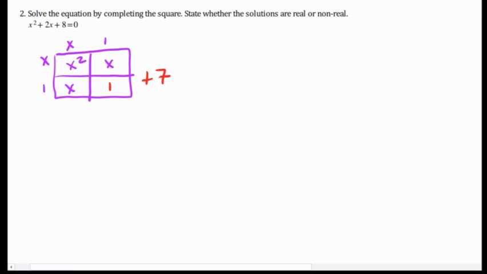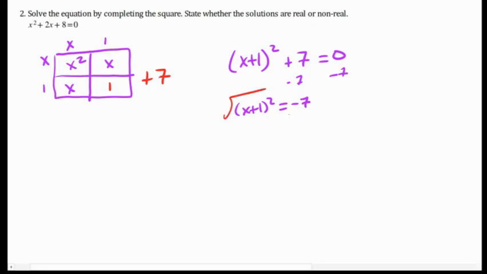And so to make it 8, we're now just going to take whatever we have and add 7 to that. So it has now created this equation where my box shows me that I have x plus 1 times x plus 1, and then I just have to add 7 to that to make sure that's equal to my original equation. Now I go ahead and solve, so I'm going to subtract 7 from both sides to get negative 7. I take the square root of both sides,